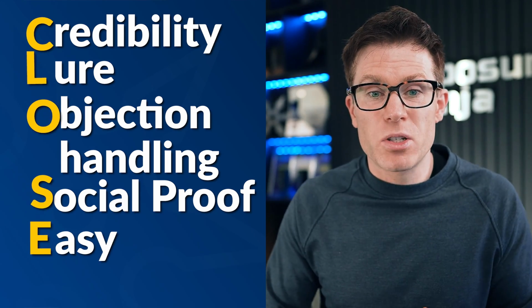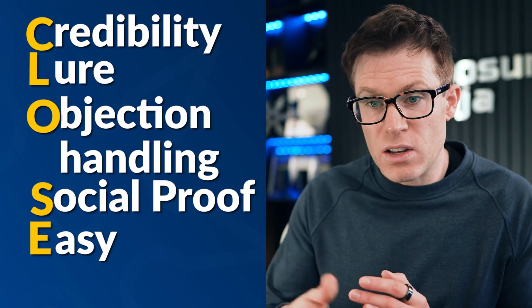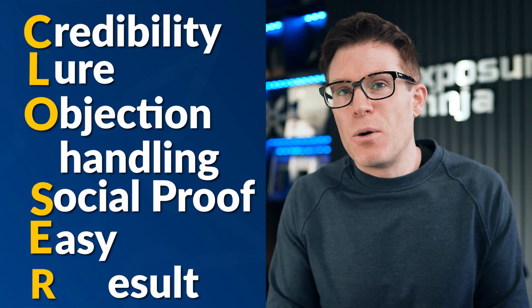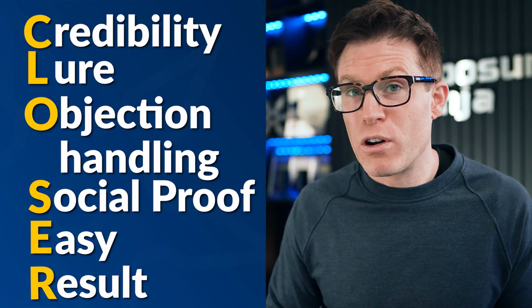Let's make it easy as possible. Now, to be fair, this is pretty easy. There's only a few fields on the form, so that's great. And let's promise a result, and let's tell people exactly what they're going to get as a result of requesting this thing. So you've got your formula for your perfect landing page,